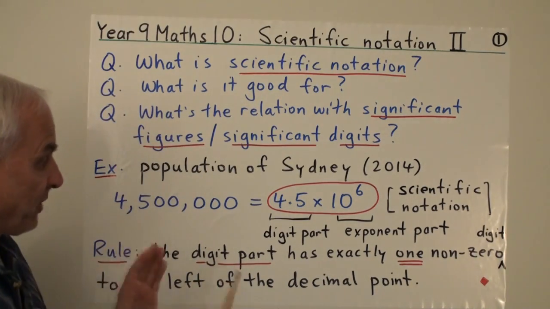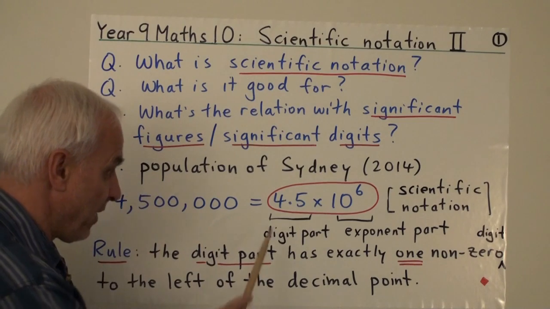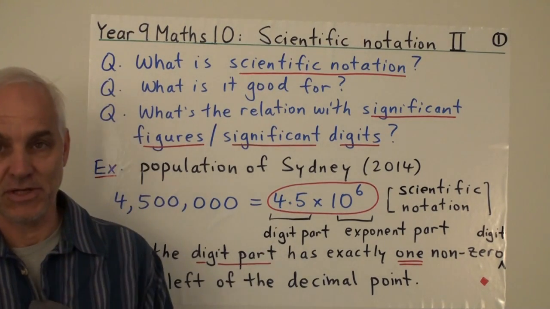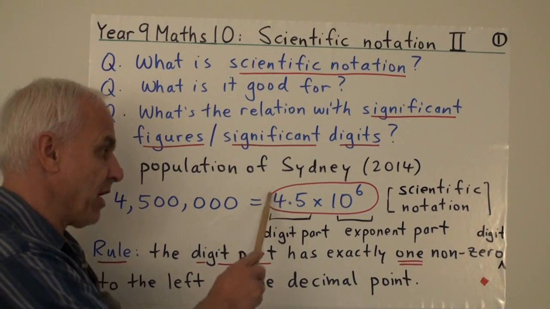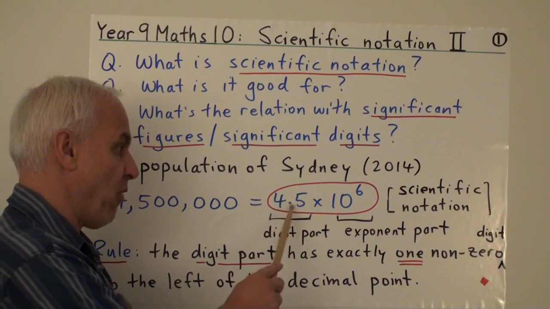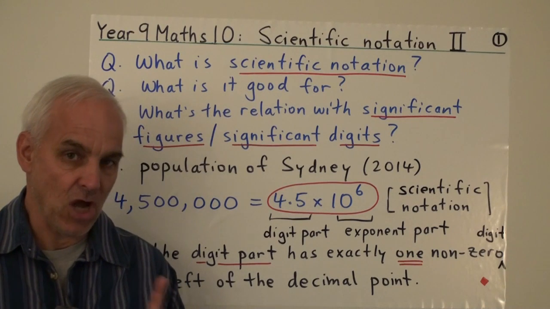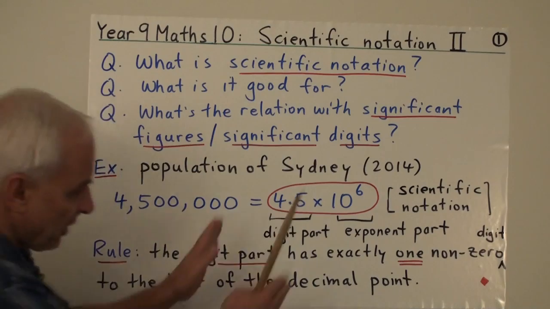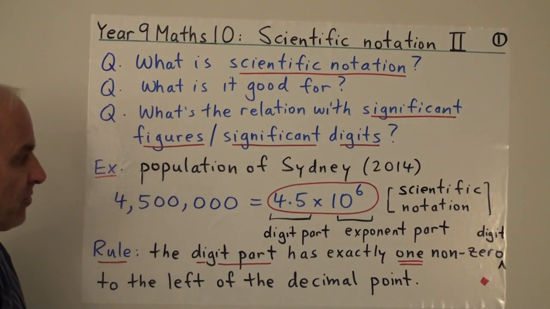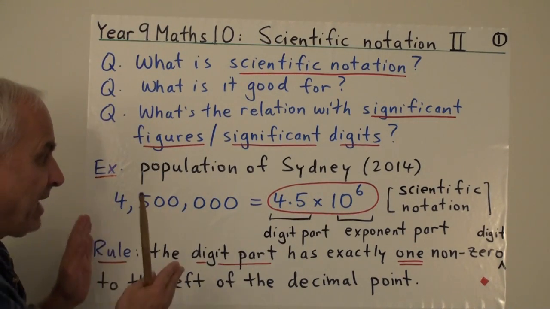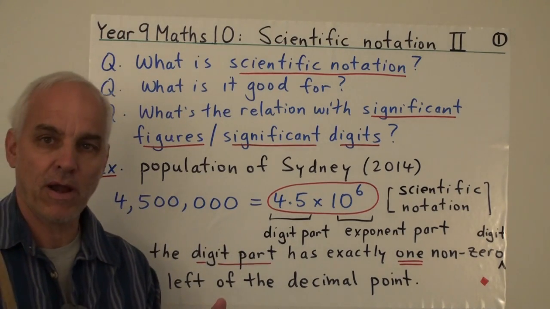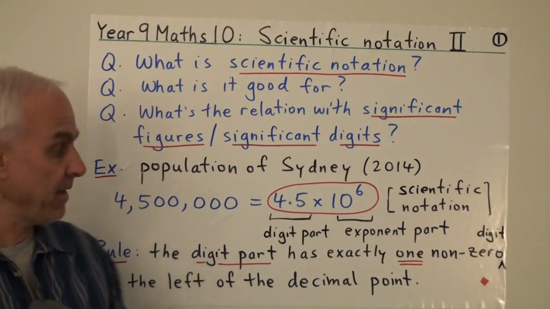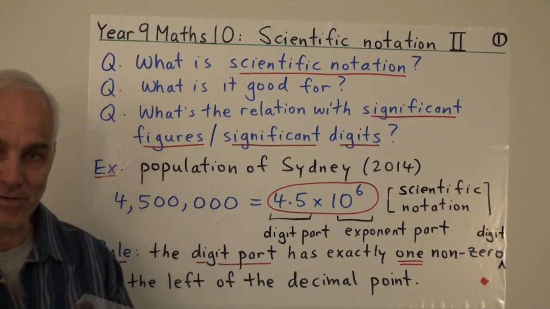So in scientific notation we agree that to the left of the decimal there's exactly one non-zero digit. So 0 is not included. You're not allowed to say 0.5 times 10 to the 6. That is not scientific notation. All right, so it's a very kind of standard way of writing the number. It means that there's no scope for different possibilities. There's really only one way of representing this number in scientific notation.